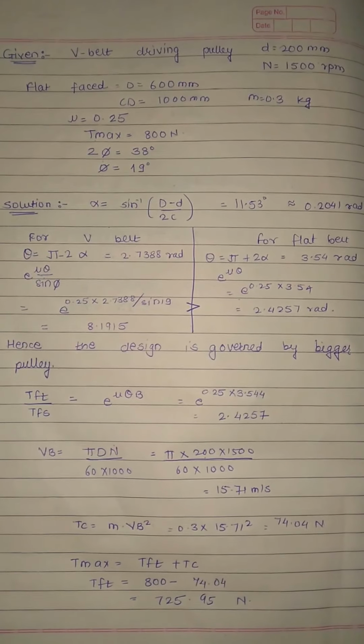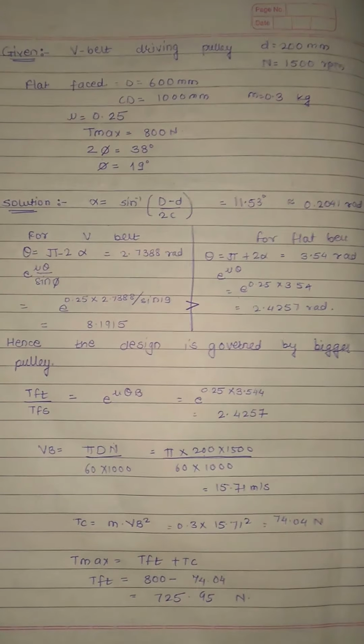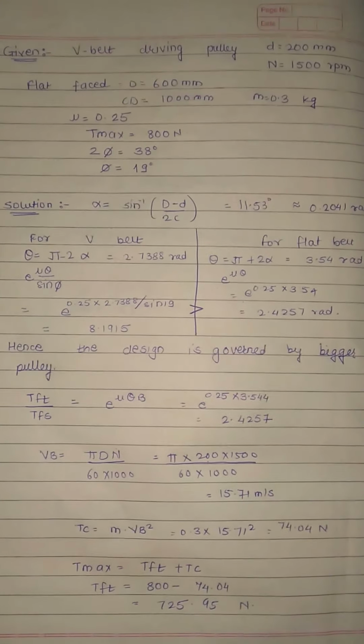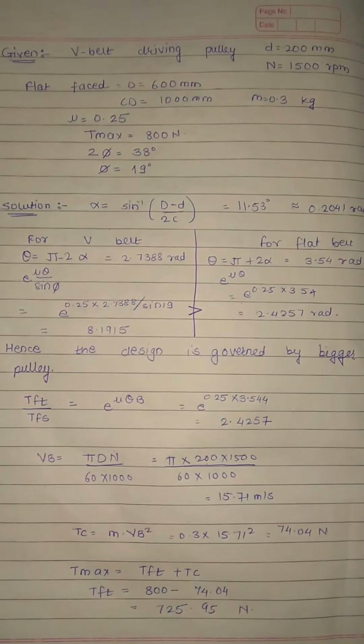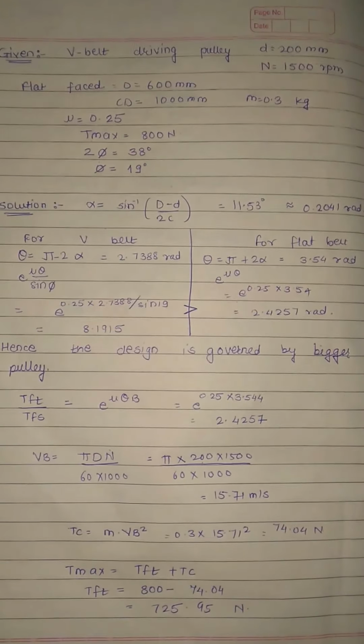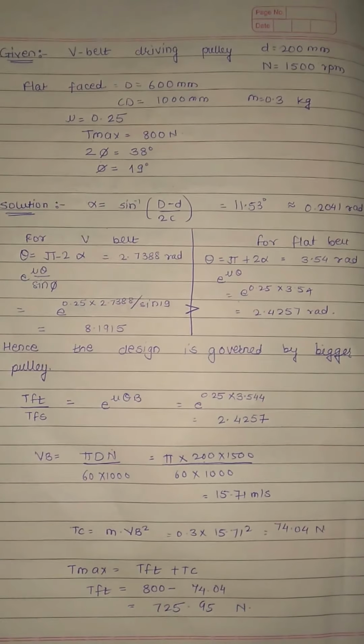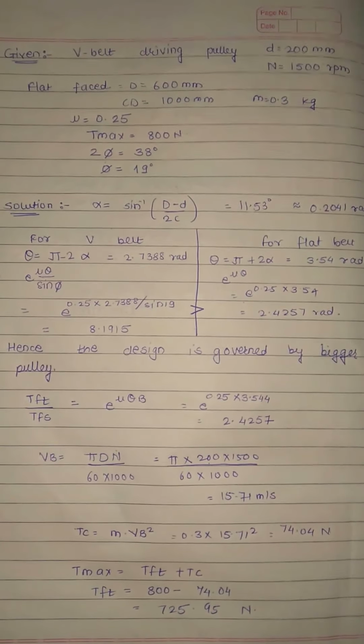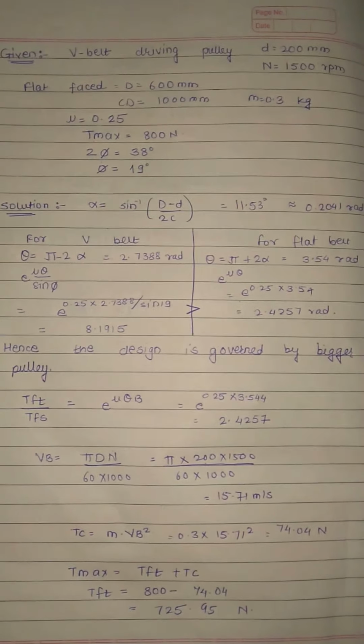Hello friends, welcome to the last and final episode of Belt, Rope and Chain Drive, where the last two types of numericals are left and we'll be covering them. These are the maximum variety of numericals which may be asked from the examination point of view. There are several numericals which you can practice on your own. Do practice them and make yourself confident. 10 marks are yours, no one can take them away.